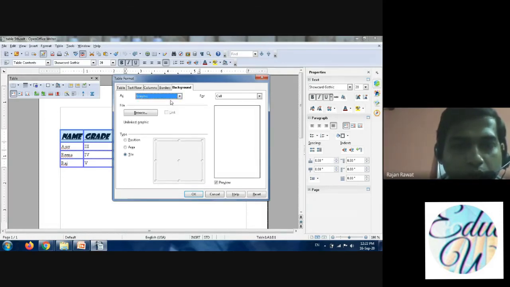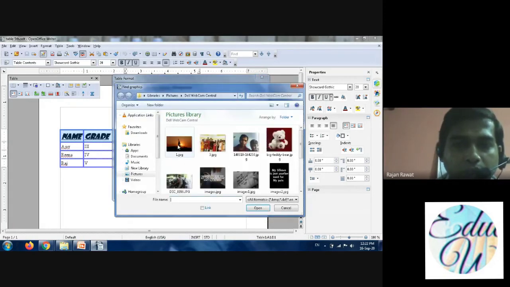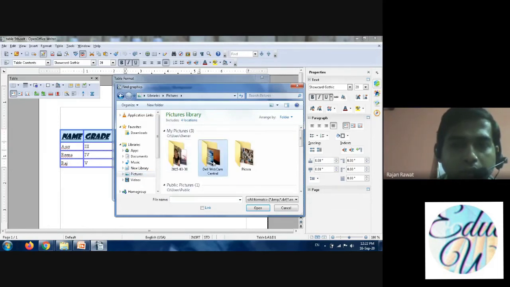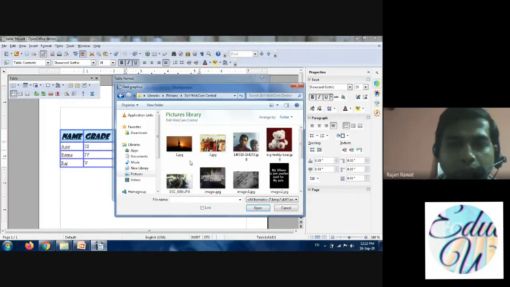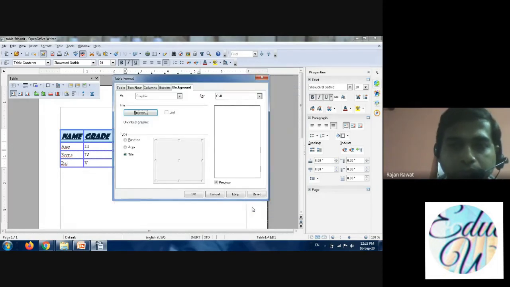So student, if you want to place a graphic picture, you have to select graphic over here, and then cell or row, anything that you want to place. Then you have to click on the browse button. As you click on the browse button, it will open your computer system, and select one of the pictures that you want to place and press OK.